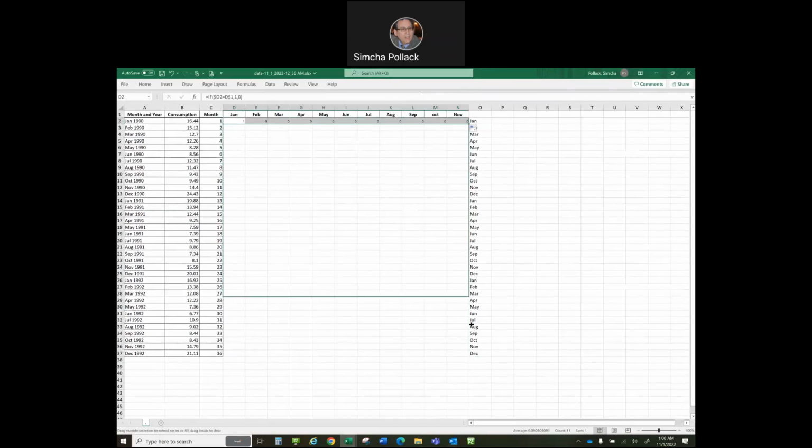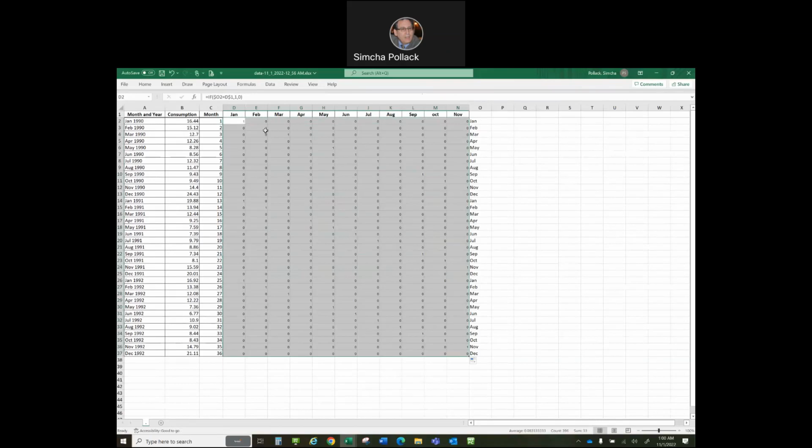But if you pull this down, you create February, which is symbolized not by a 2 or a 3, but by 0, 1, 0, 0, 0, in particular with a 1 in the February column, and March, etc. And finally, I should point out to you, when you have 3 categories, there's only 2 variables. If there's 2 categories, there's 1 variable, like 0 and 1. If there's 3 categories, it's two columns. When there's 12 categories,